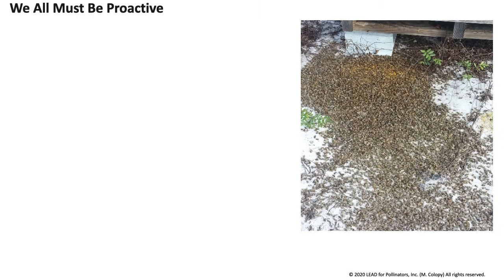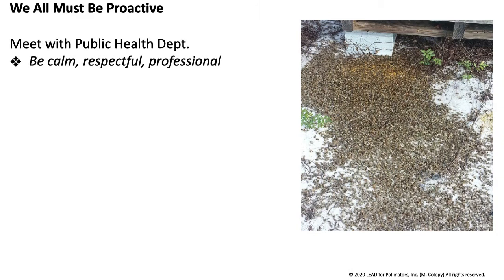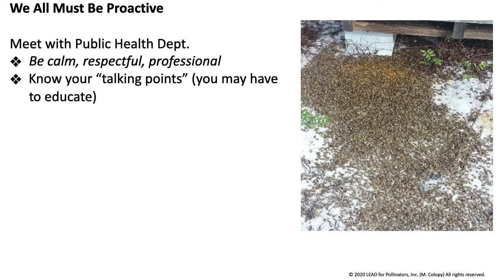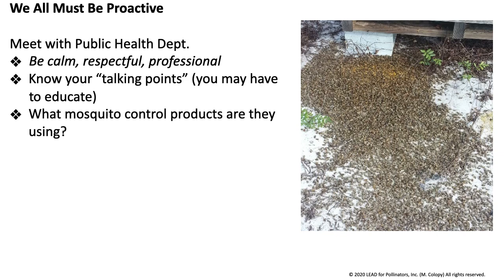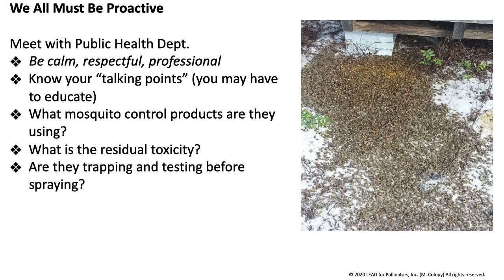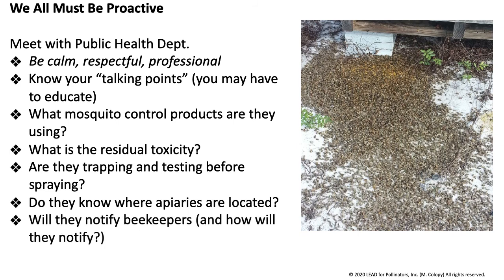We can protect public health and protect pollinators. Meet with your public health department. Learn what mosquito control chemicals they are using. Are the chemicals effective? How can you help educate your community to reduce mosquito habitat? Does your community trap and test mosquitoes? Not all communities do that, and yet trapping and testing tells you if there are disease-carrying mosquitoes.